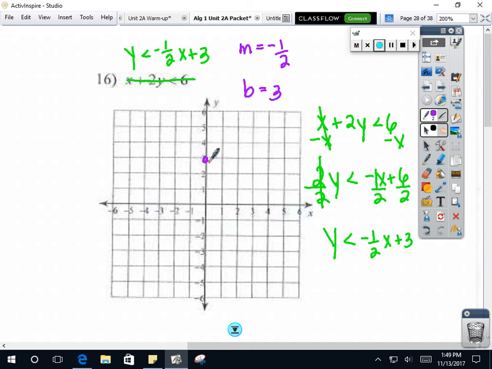So you plot your y-intercept first at 3, and then the slope tells you to go down 1, right 2. So down 1, right 2, down 1, right 2, down 1, right 2. Or you could have gone,